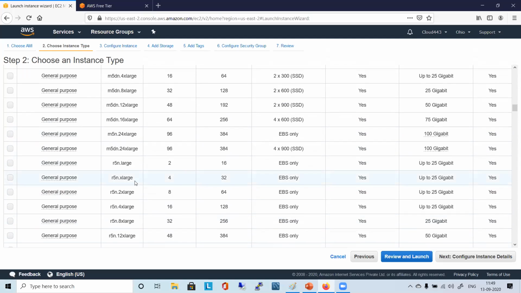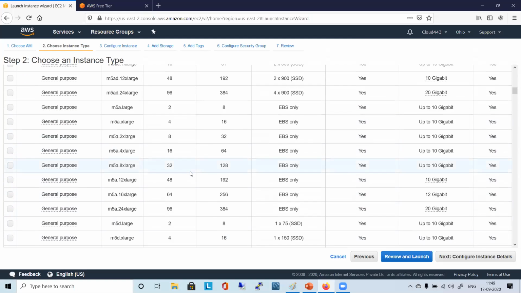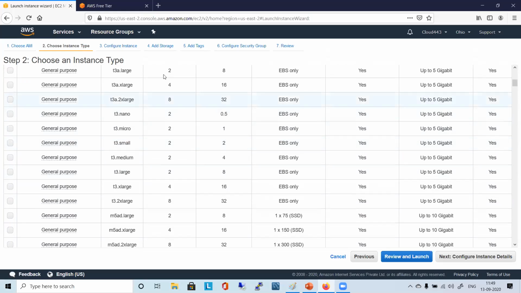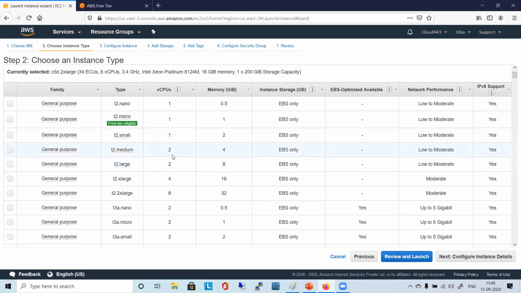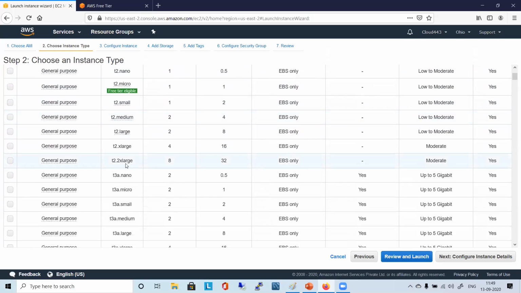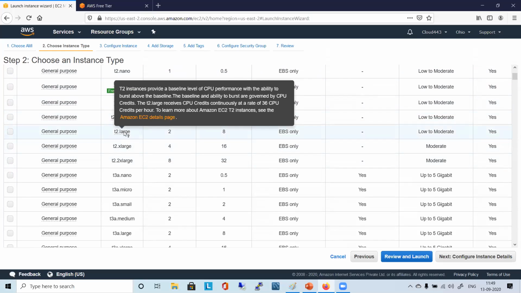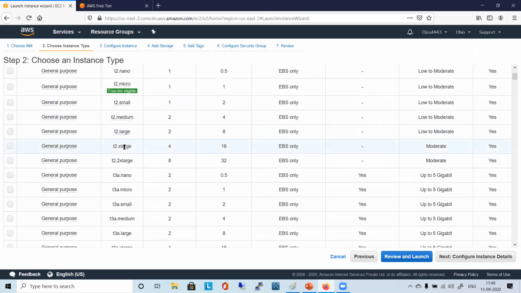Let's take a simpler one where you have the vCPU visible. The first thing is it's talking about the CPU, then it is talking about the memory, then it's talking about instance storage, right? So look at this large and look at this extra large.